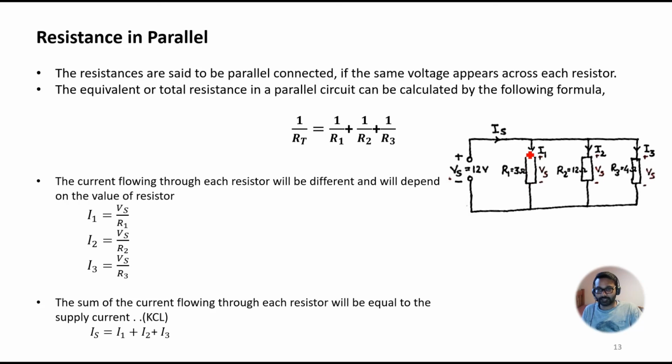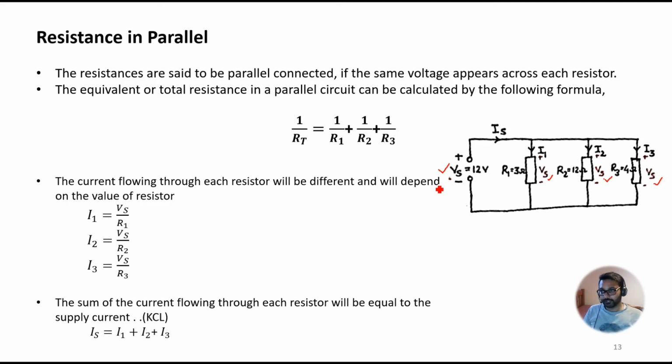value of voltage that appears across these three resistances will be the same, and it will be equal to your supply voltage, right? So for resistances connected in series, the value of current will be the same, whereas voltage will be different across each of the resistances. Whereas for resistances in parallel, the value of current will be different and voltage will be the same,